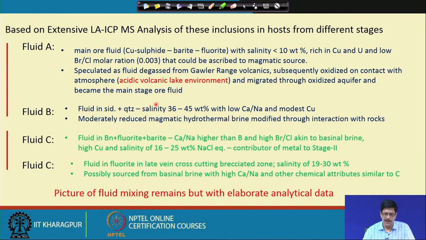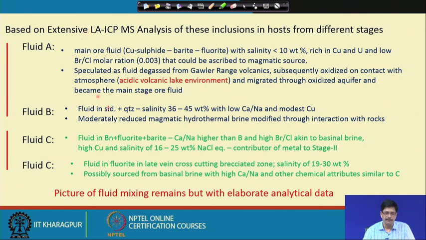The salinity is high, represented by the liquid plus vapor plus halite inclusions. Along with the bromine to chlorine molar ratio, elemental species like potassium, rubidium, lead and cesium were also routinely analyzed by these workers in the inclusions of all the different stages and types, and there were minor variations in the ratios also. One important ratio was the calcium by sodium in the fluid. This particular fluid would have a very low calcium by sodium ratio, and as we go